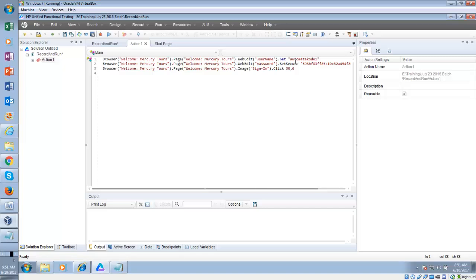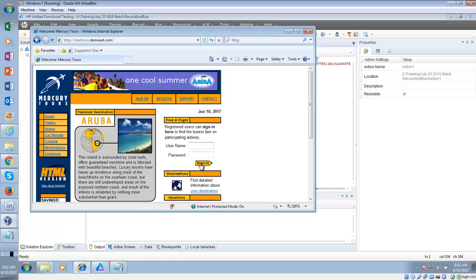Is that correct? How is the computer identifying that this text box needs this value? If you notice, it is not inputting the user ID in the password box. It is inputting the user ID in the user ID box, and the password in the password box, and then it is able to click on that sign in